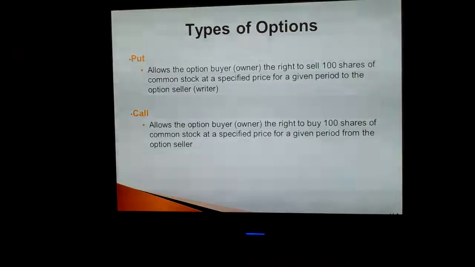Okay. Now this is how it works for calls. I always have a hard time with this, guys, so just read it a couple times and make sure it sinks in. A call allows the option buyer, the owner, the right to buy 100 shares of common stock at a specified price for a given period from the option seller. Okay, pretty straightforward, but you have to be careful not to get them confused because you could be writing the options or